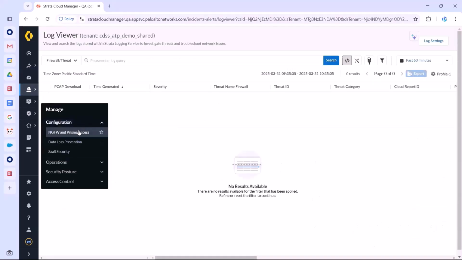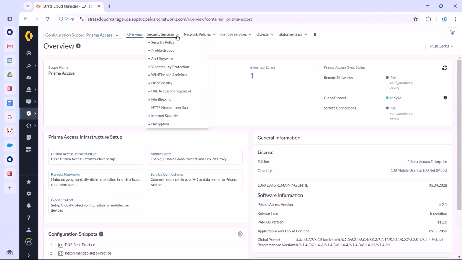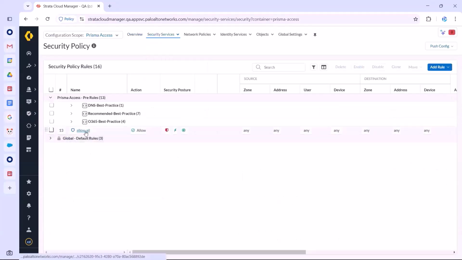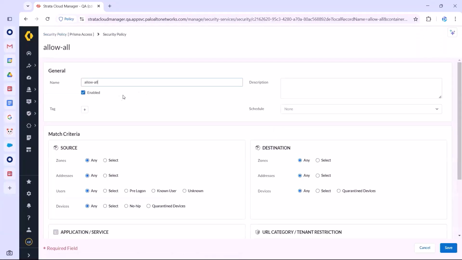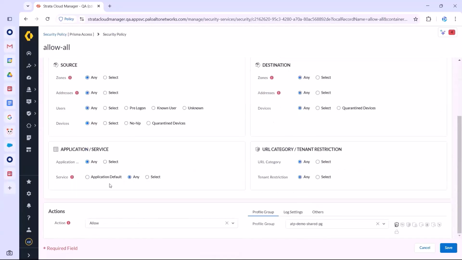Let us also look at the ATP profile and policy setting in Prisma Access. For demo purposes, the security policy is wide open with all options as any and allows the traffic with profile group ATP demo shared -PG, which has only one security profile for spyware.